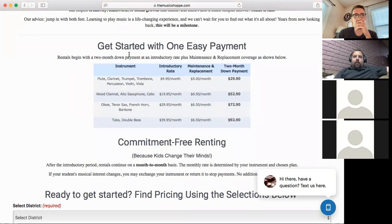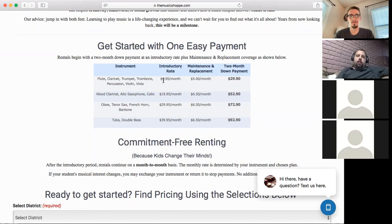This sort of gives you an overview with a one-time easy payment. This is sort of like your down payment. For most instruments, flute, clarinet, trumpet, trombone, and percussion, the down payment is only $29.90, and how that's broken up is the introductory rate for these instruments is $9.95 a month, and then the maintenance and replacement is $5 a